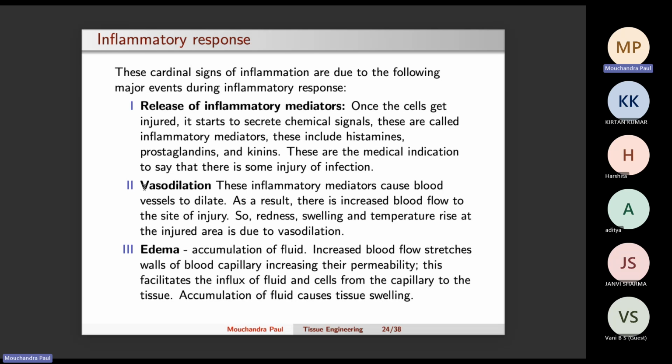So this increased flow of blood makes that area red. It gives a slightly reddish appearance, redder than the surrounding area. Then due to high flow, the local temperature also increases at that particular area. So this increased temperature makes that area